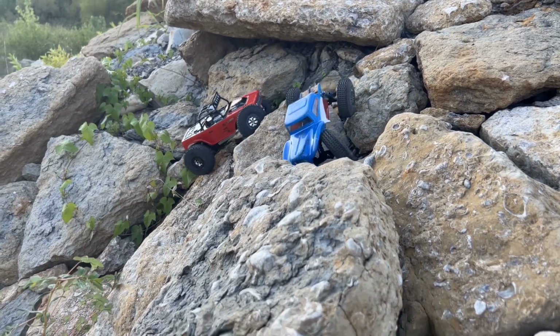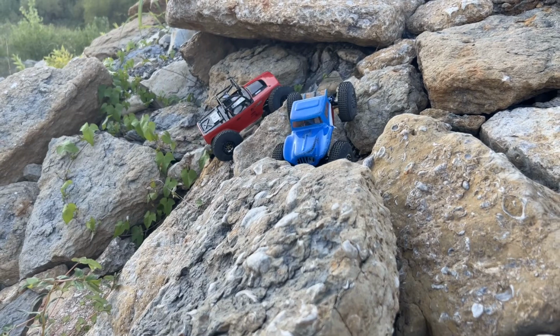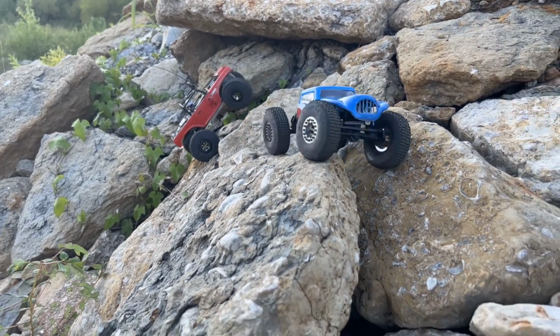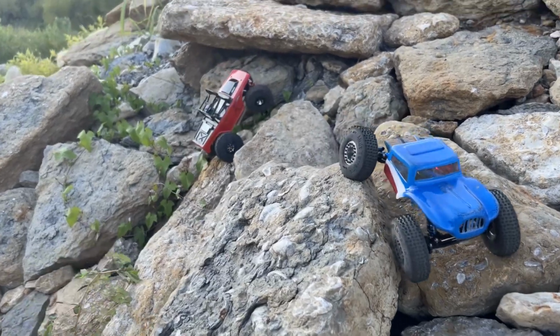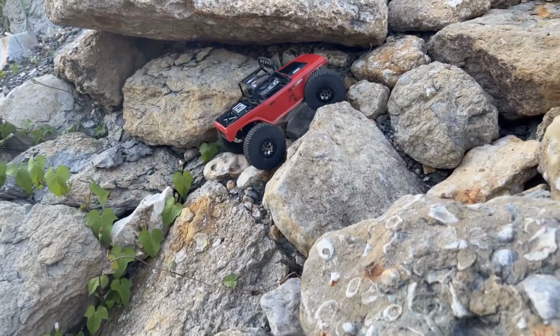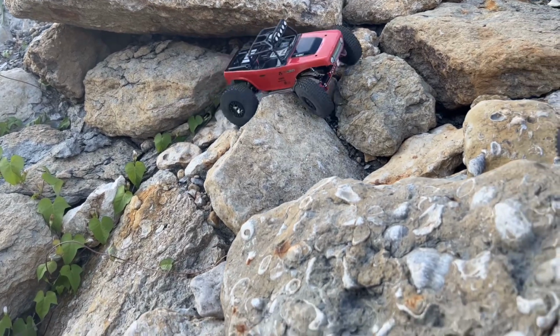Look at the Pecker go, dude. Look at the little Pecker go. Dude, he's so good. He is so good. I love that body. I'm really hoping these head